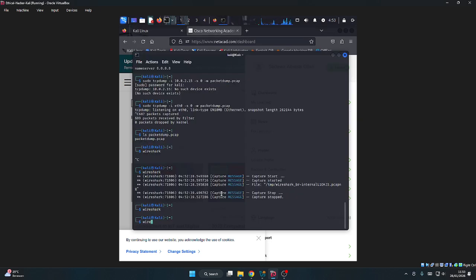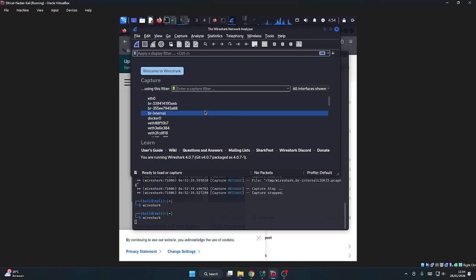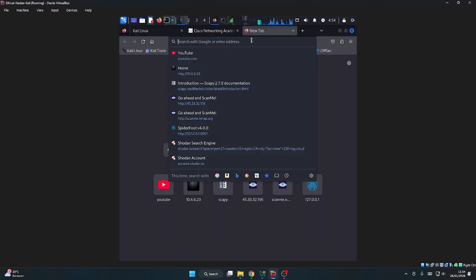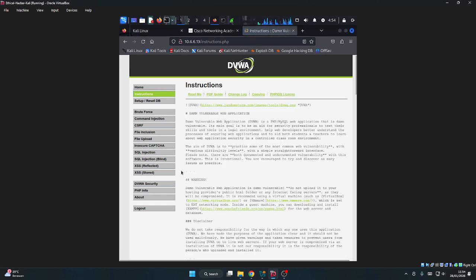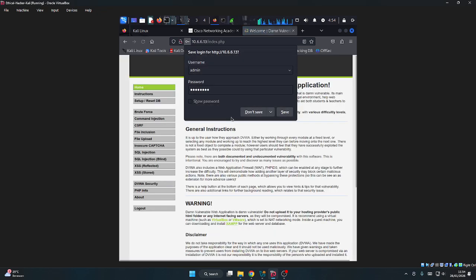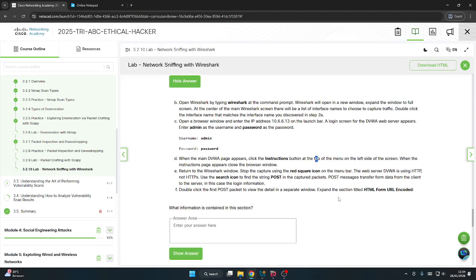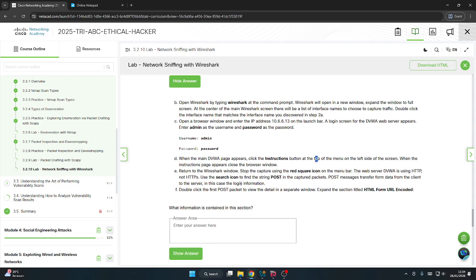So we try Wireshark, and we try using the Instructions, logout, admin password, save instructions, and after login click Instructions, and we will stop this.